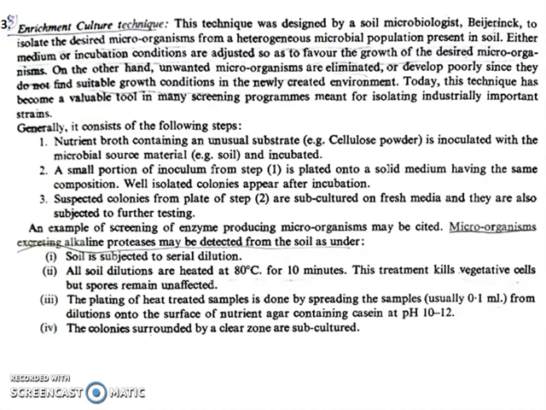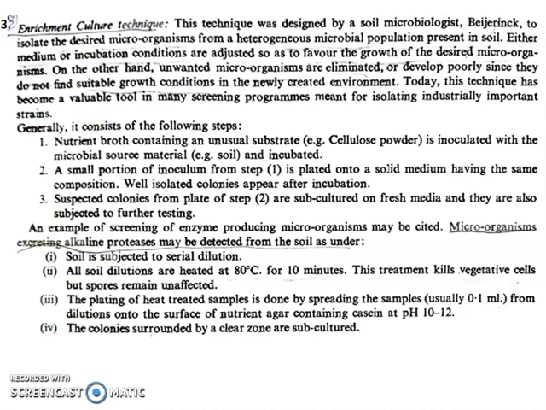The first process they mention is cellulose powder. That is an unusual substrate, used for cellulase producing microorganisms. We are using cellulose powder to grow it. So only the microorganism which can produce cellulase can grow on the cellulose powder. Other microorganisms will not grow on it. That is the first example quoted here, and it mentions the steps.